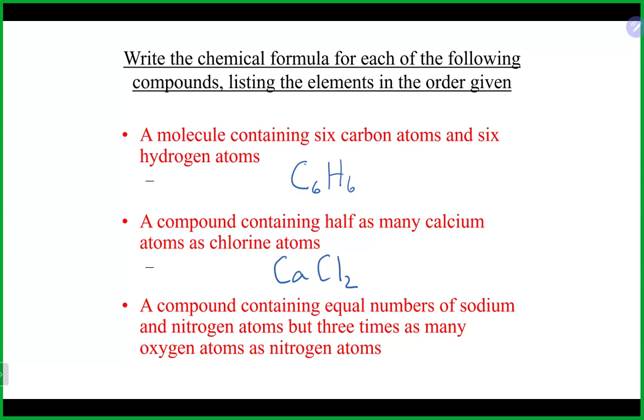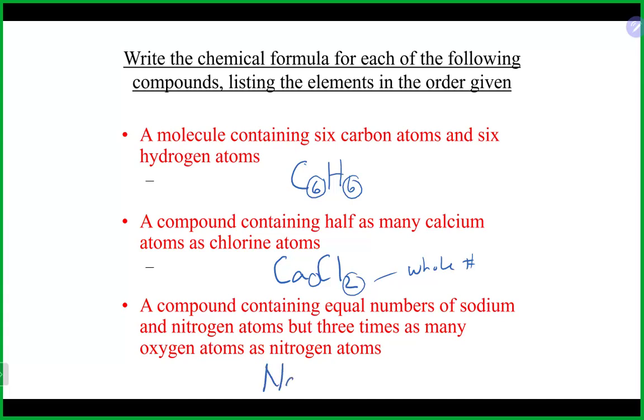So all these subscripts on the bottom always have to be whole numbers. Again, it can't have, like I said, a quarter of an atom or a half atom. It's got to either be a full one or multiples of that. That would be why we wouldn't want to do something like calcium 0.5 and obviously chlorine 1 or anything like that. A compound contains equal numbers of sodium,